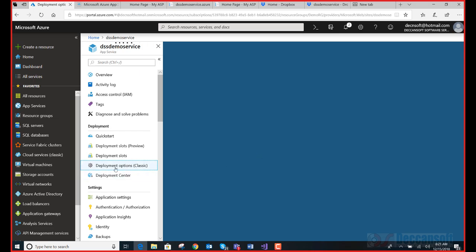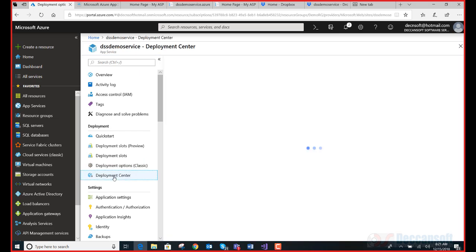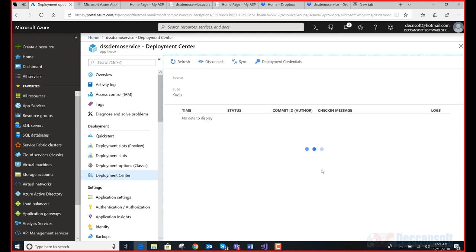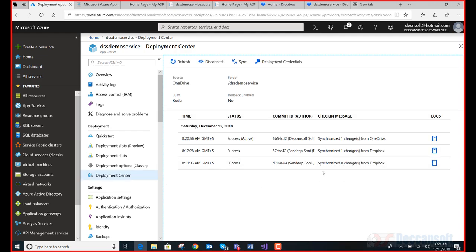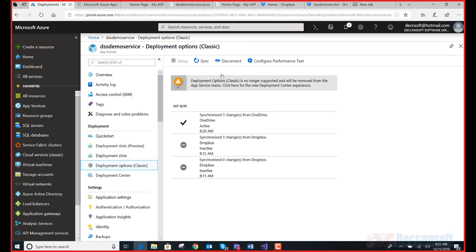So this is working fine still, but they are probably migrating to Deployment Center. Looks like some issue is there. It is not automatically accepting the password. So is the case with the rollback option here. When you choose deployment option, disconnect from here. Disconnect now from OneDrive, let us say. And when you connect to